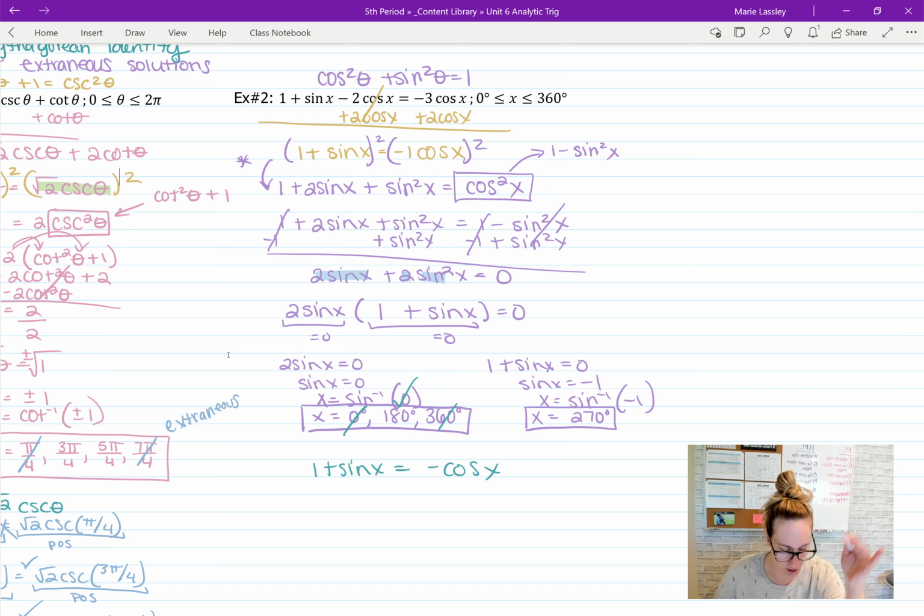Going over to our other one, 270. That's going to give us 0 equals -0, which is true. 0 does equal -0, so 270 works. So our